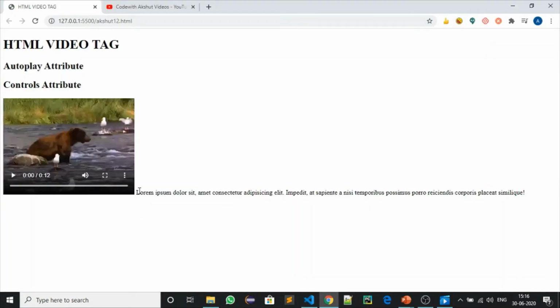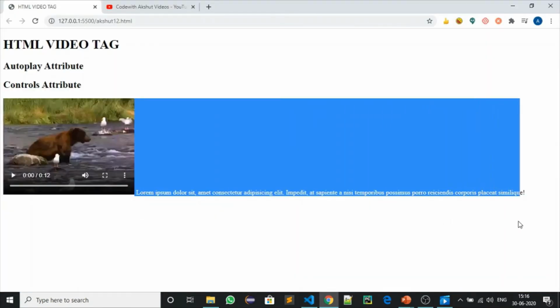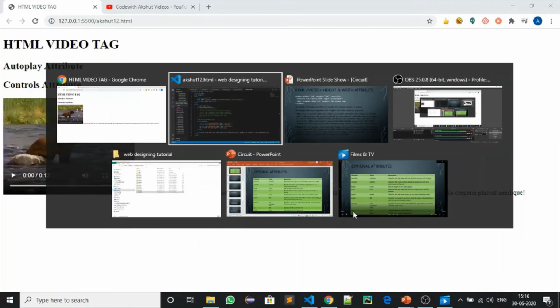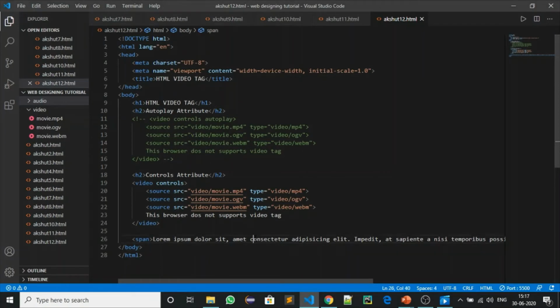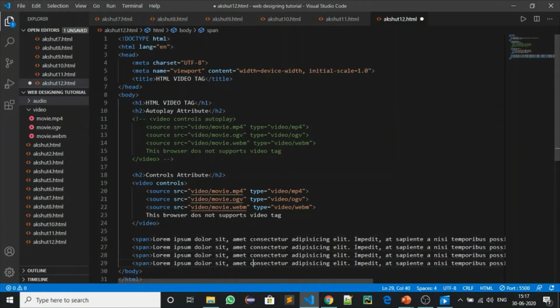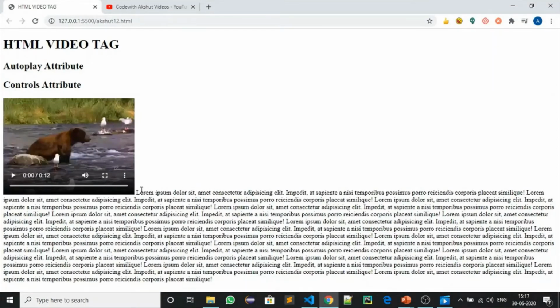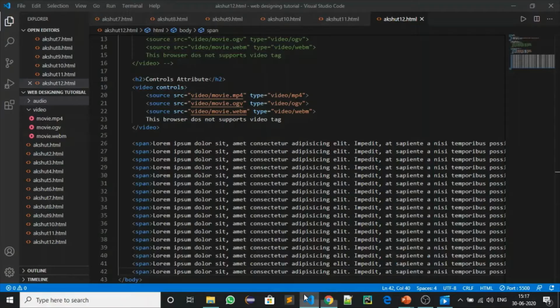Now I will go here. So it is not specifying here the space, as you can see. Okay, so this will happen with it. If I will duplicate it many times, as you can see, it will not specify the whole space. So the layout will change. As if we wanted to display it here, it will display here. So this will be the error here.